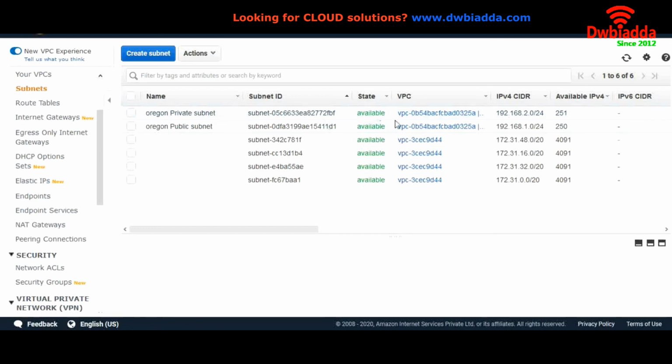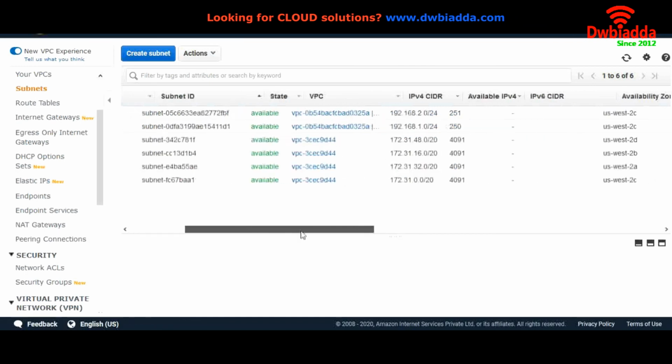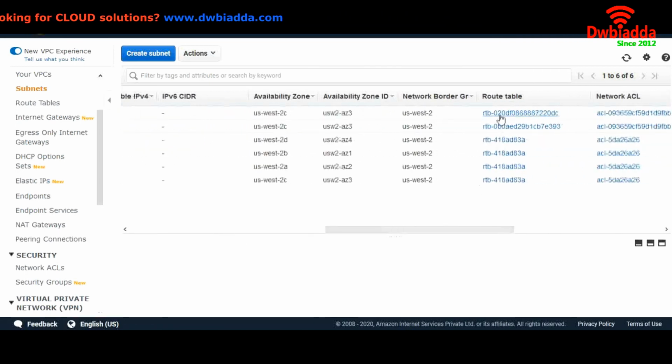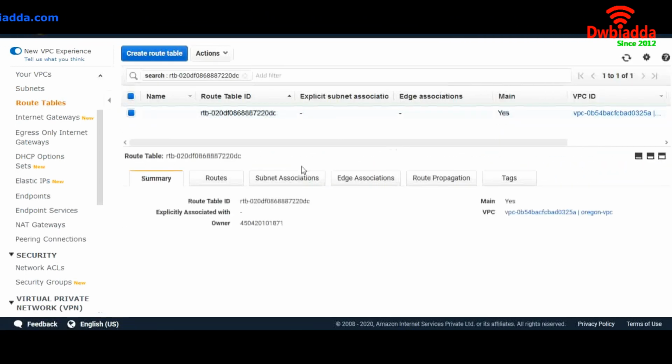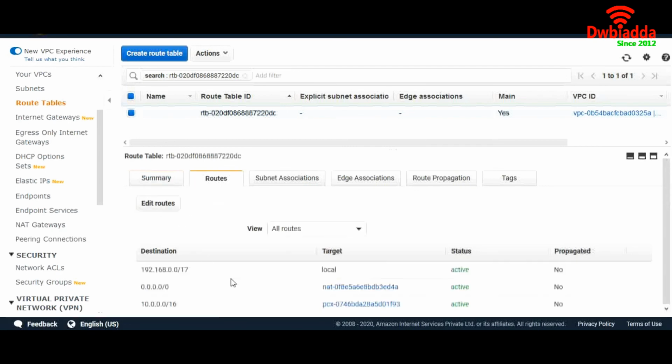What you need to do is sometimes update the route table of your private subnet also. So this is the route table, routes. Like this, you can see this has already been updated, but sometimes it won't get updated. So please check that once if you are facing any trouble connecting the private subnet of one VPC to the private subnet of another VPC.